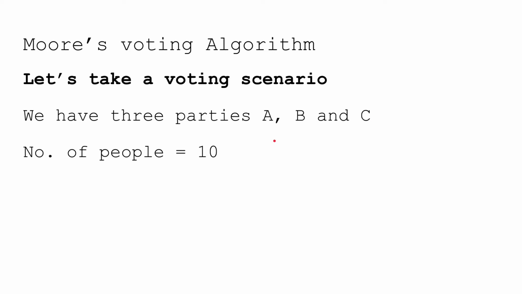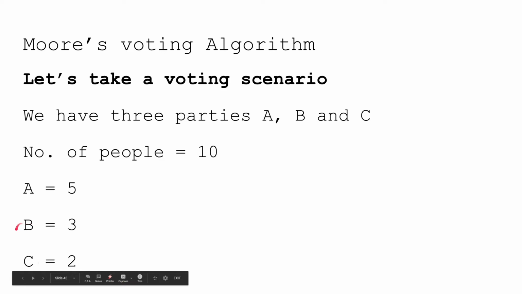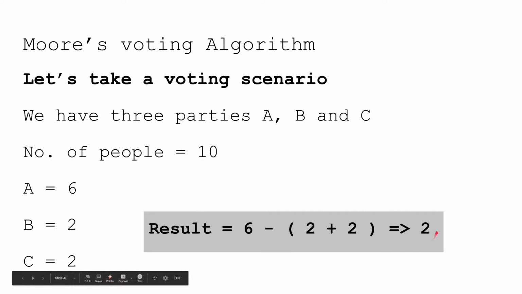So for example, let's say A has got 5 votes, B has got 3 and C has got 2 votes. Here you can see that A has the maximum vote, which is 5, but as these parties are allowed to make an alliance, B and C can make an alliance to make their vote count 5, and then there will be a tie. But for example, let's say A has 6 votes and B and C have 2 votes each. In this case, if B and C try to make an alliance, the total vote would be 4, which is less than 6. So A will have more votes, right? So here we can say that A has won this election with a majority.